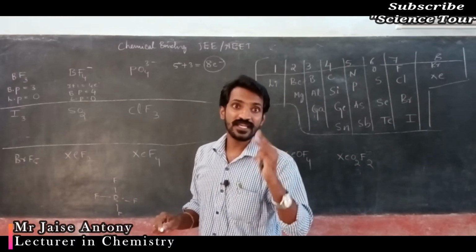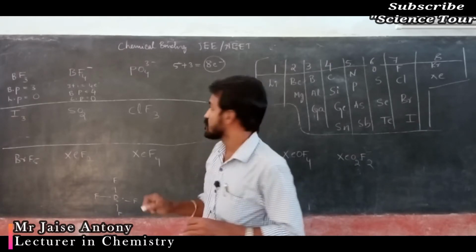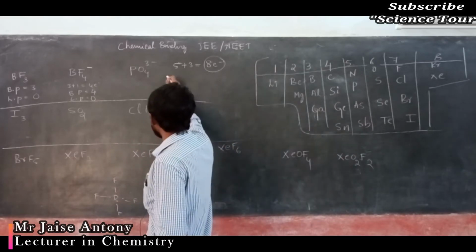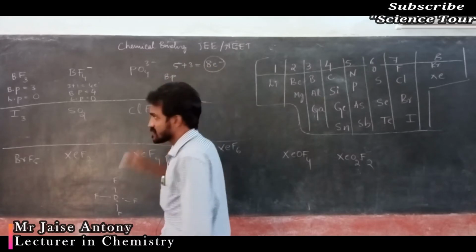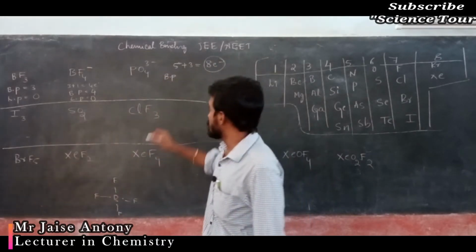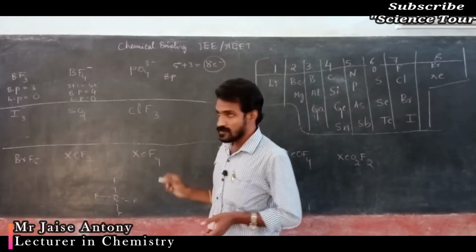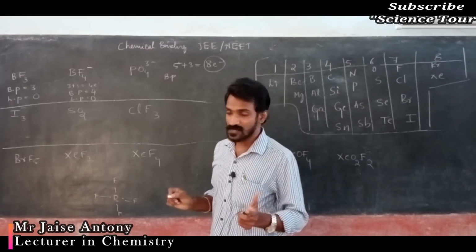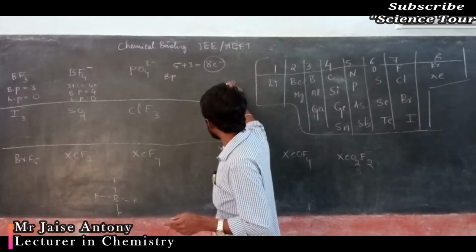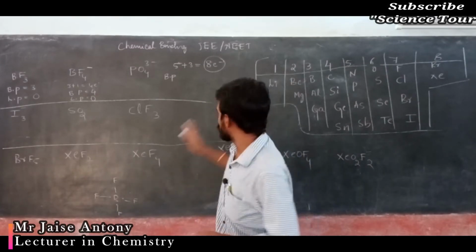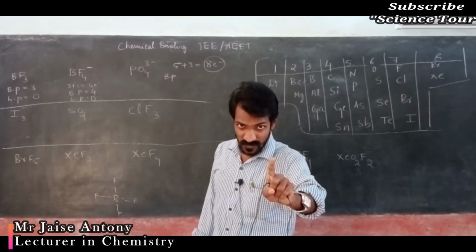Why? Oxygen forms a double bond. My dear students, when we write the bond pair, the total number of electrons in phosphorus is 8. Okay, that you should know. And when you write the bond pair, oxygen uses 8 electrons. Four oxygens use 8 electrons of phosphorus to form bonds like this. Here 1, 2, 3, 4, 5, 6, 7, 8 electrons of phosphorus are used for forming bonds with the oxygen. Note down.